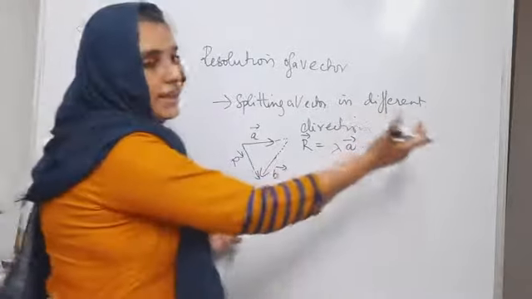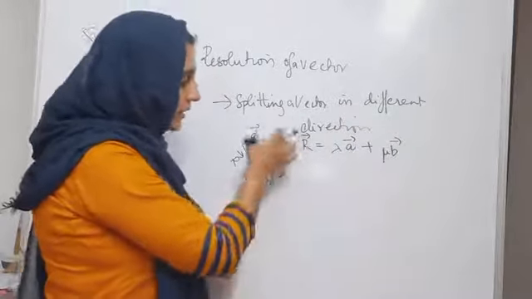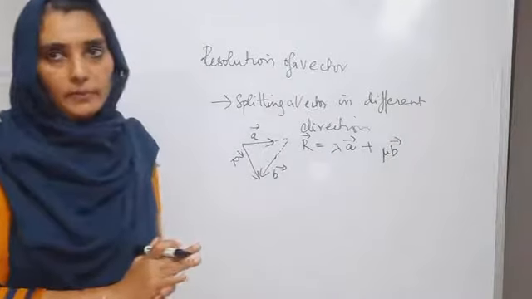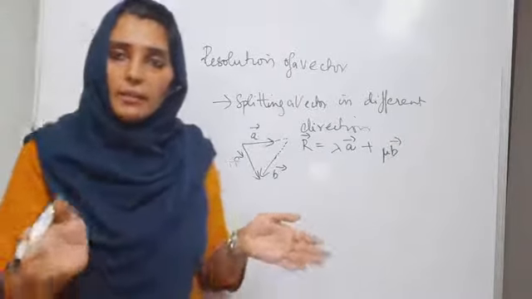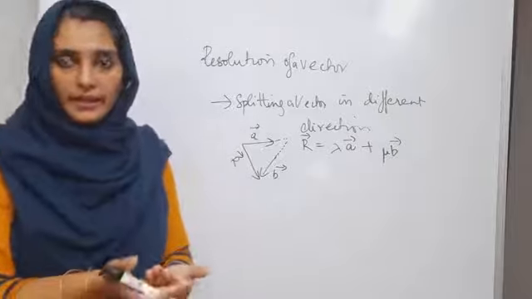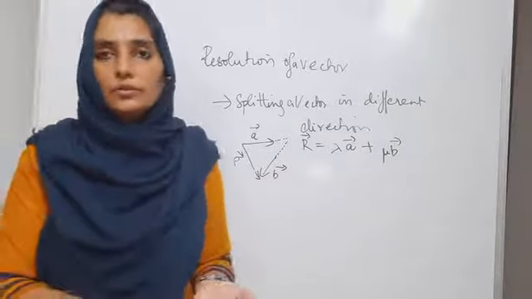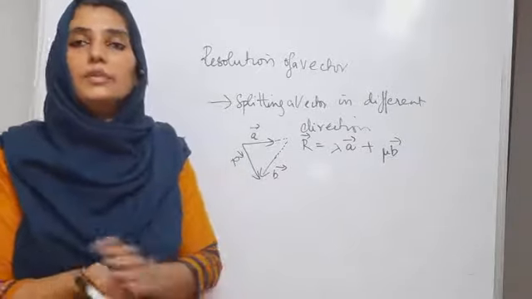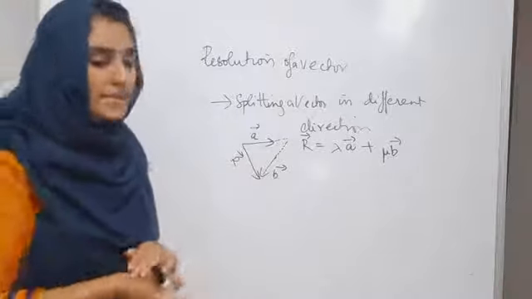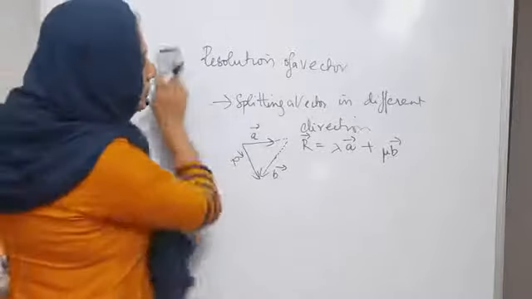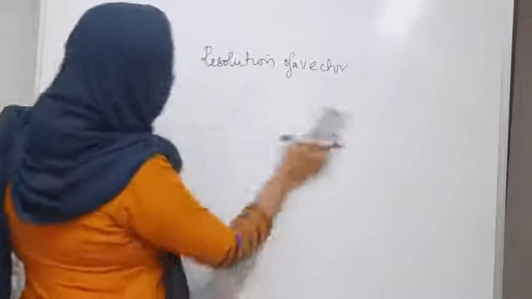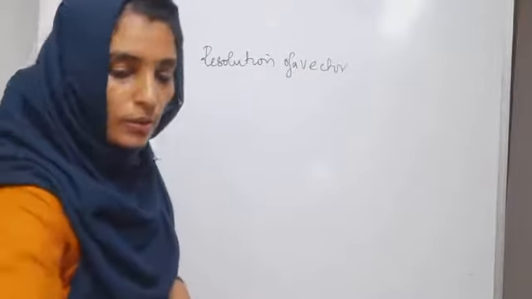Now if you look at the right hand side, a vector can be split into two parts. Or you can say that when combining two vectors, you get a third vector. Or else the converse is also true, that is, a vector can be split into two different directions. So this idea can be applied in Cartesian plane, that is, how to resolve a vector into two different directions.